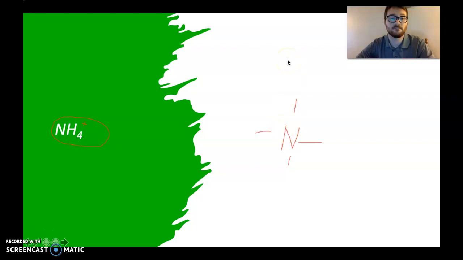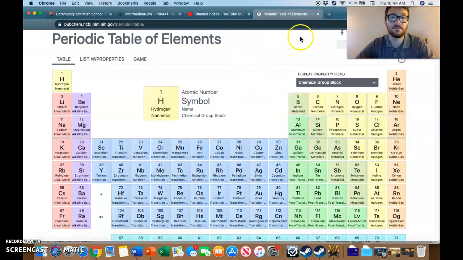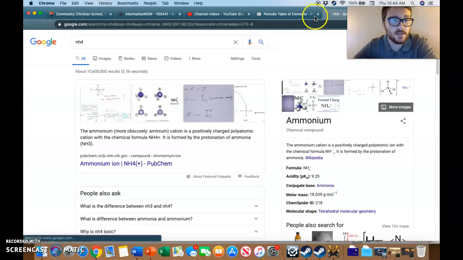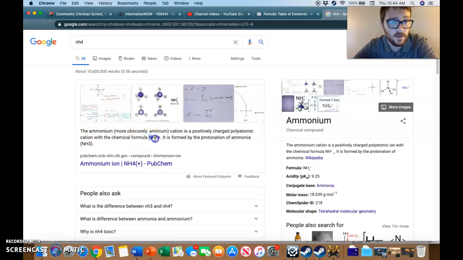NH4 is, let me show you on Google. NH4 is called ammonium, and you see here that it's NH4 positive. You can't just have NH4. And so,